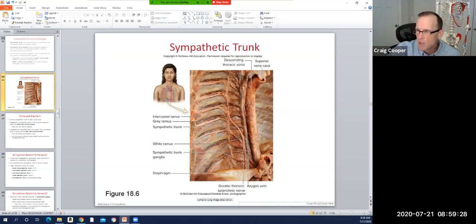If I have a message coming out to these ganglia and I want it to go to multiple organs that have branches coming off of the 3 spinal nerves above and the 3 spinal nerves below, essentially the body is set up so I have pathways where I can disperse that signal vertically, up and down through that sympathetic trunk, and then they can project out horizontally to go to whichever organ they go to, whether it's going to the lungs, whether it's going to the stomach, whether it's